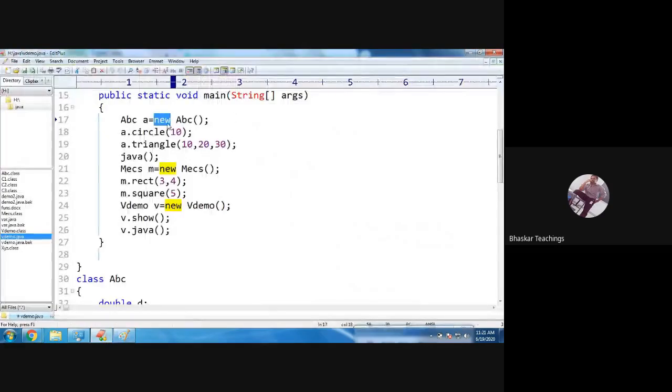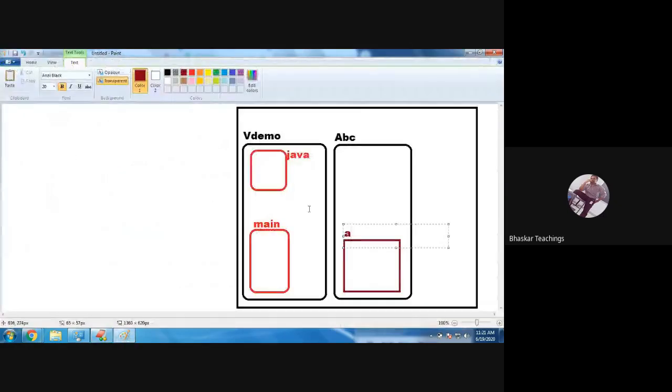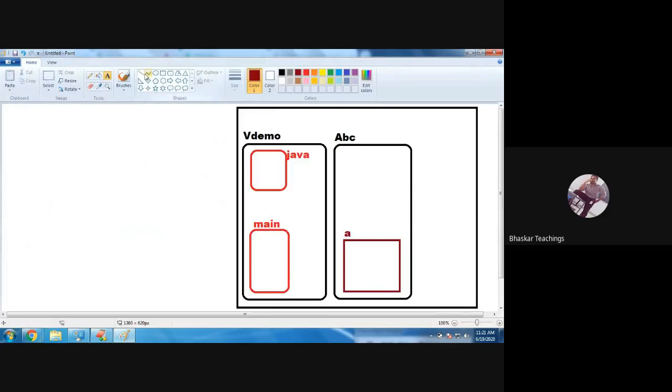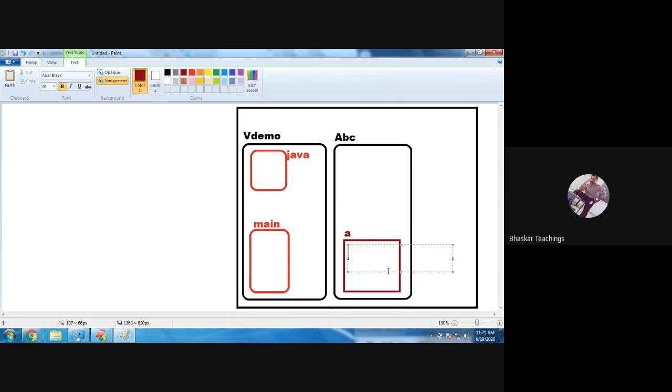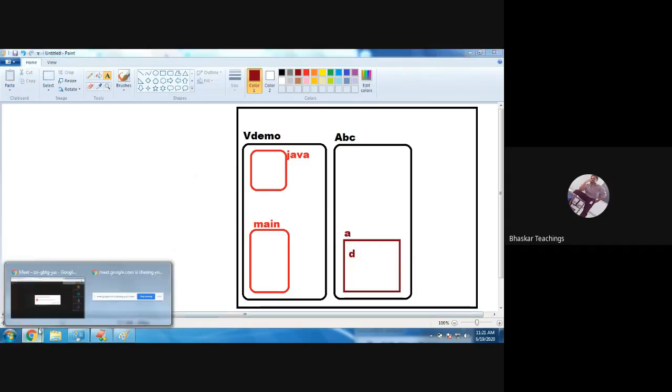So what is going to happen? The instance members of the class ABC will be loaded. And what are the instance members here? D, circle and triangle. So let me draw. D is a variable, so it will be loaded, and circle and triangle are the methods, so the method signatures will be loaded.